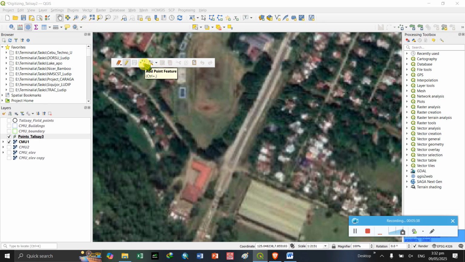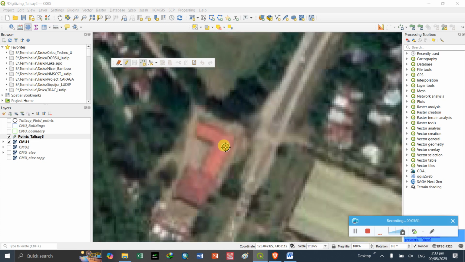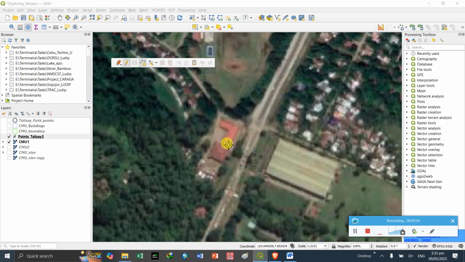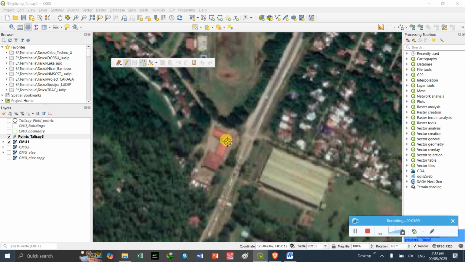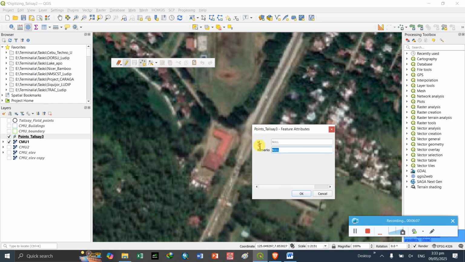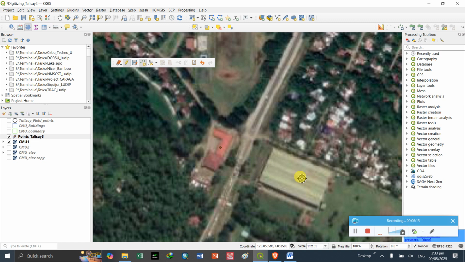To add a new point, kindly click the add point feature, and then your mouse pointer will change into something like a cross, and then we will start digitizing or creating a point within the specified feature. So say market, we will left click, and then add market into the remarks. Market, and then another one, this is NFA